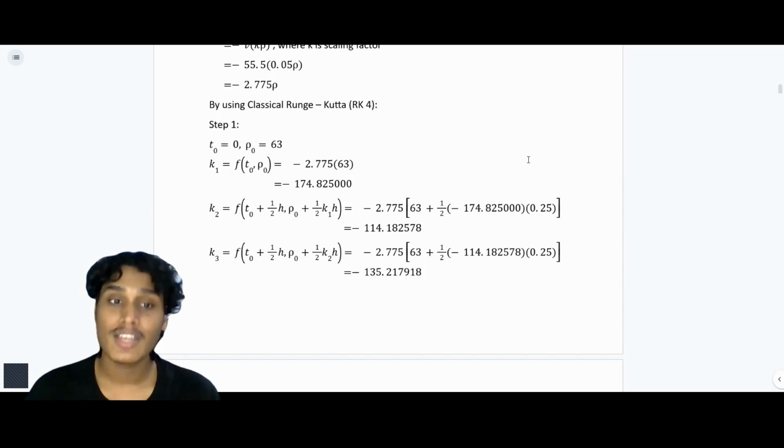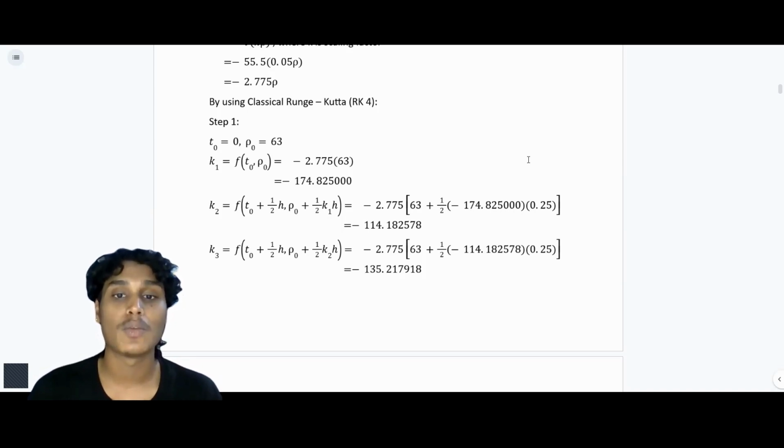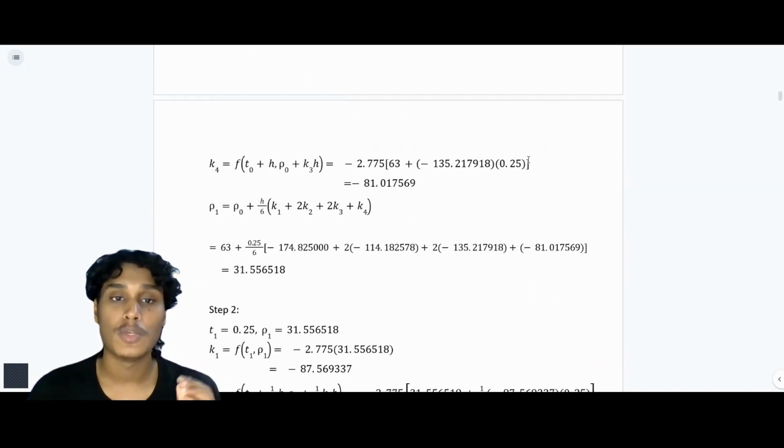to get the answer negative 114.182578. For k3, we will use the same formula as k2, where negative 2.775 times (63 plus 1/2 times negative 114.182578 times 0.25) to get the answer negative 135.217918. So for k4, we will use a bit different formula where f(t0 plus h, p0 plus k3 h), whereby negative 2.775 times (63 plus negative 135.217918 times 0.25)